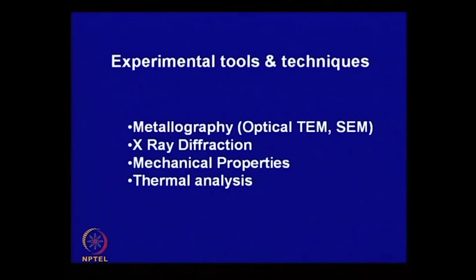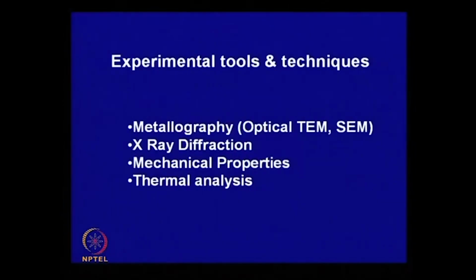Good morning. Today we continue our discussion on experimental tools and techniques which one uses in the study of physical metallurgy. Last class we looked at thermal analysis in detail. We also looked at several metallographic techniques which are used to examine microstructures of metals, namely optical microscope, transmission electron microscope, scanning electron microscope. We also talked about X-ray diffraction,